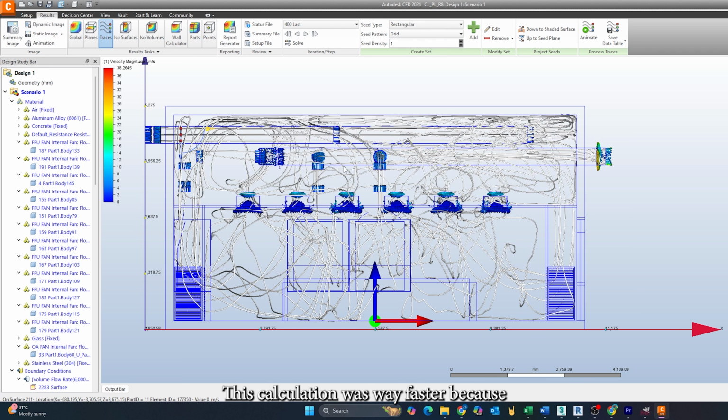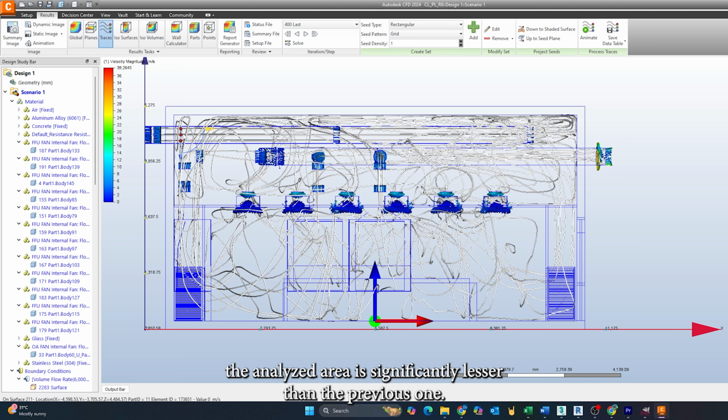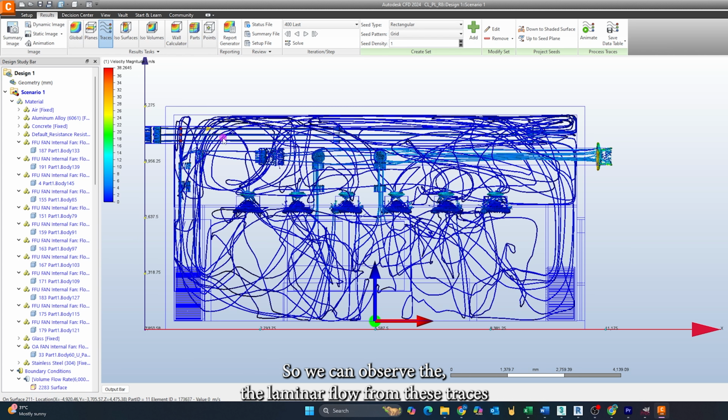This calculation was way faster because the analyzed area is significantly lesser than the previous one. So we can observe the laminar flow from these traces point. These splines, the airflow pattern is laminar throughout the entire duct, and we can see how it's flowing out and